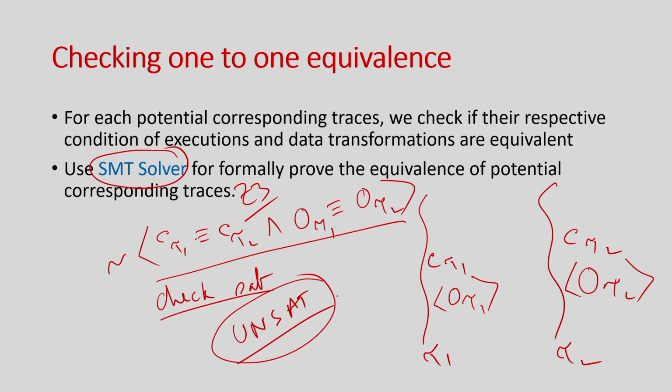So, I basically take the negation of the satisfiability problem and ask the tool to identify an input for which these two paths are not equivalent. And if the paths are equivalent, you will not find any input for which they are actually different, right. So, this formula will return unsat, and the unsat of the formula says these two traces are equivalent. So, this is how I am going to check the equivalence of two traces using the SMT solver.